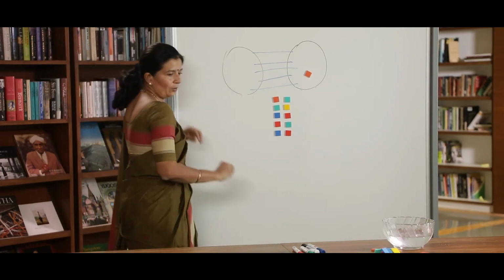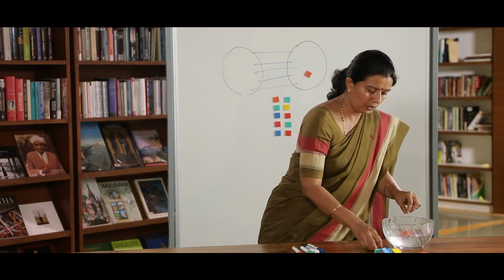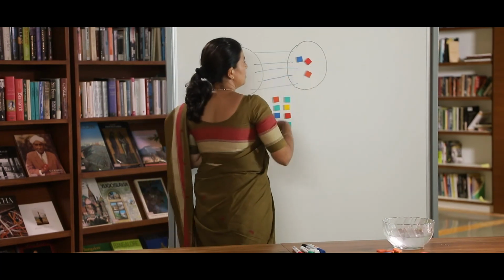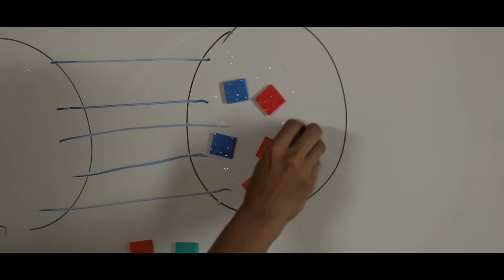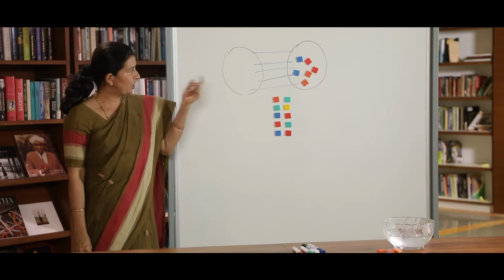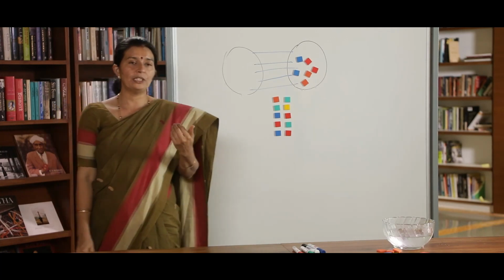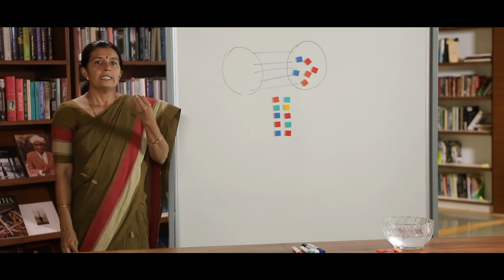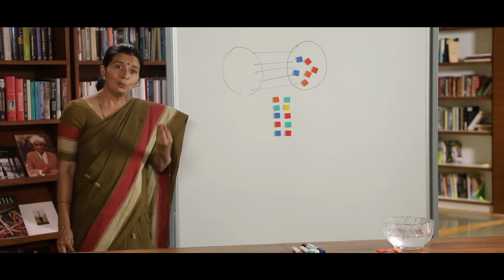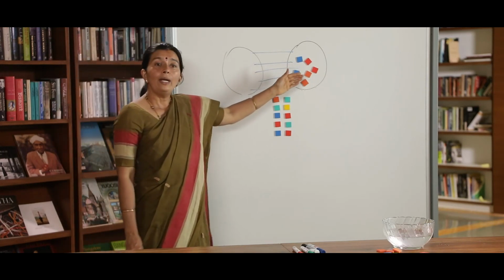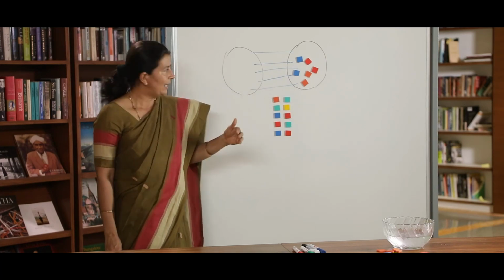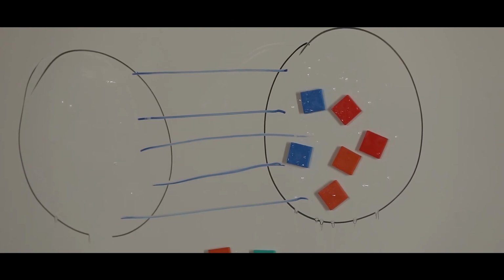Now, let us say there are some more objects remaining here. For example, let us keep some more here. Hey, there are so many remaining. How many? How many more are remaining? The answer to how many would be a number. Since children do not know counting yet, they know it is too many. But how many is too many? We have to count now. We have to learn how to count now. Like this, we can take them towards the concept of counting.